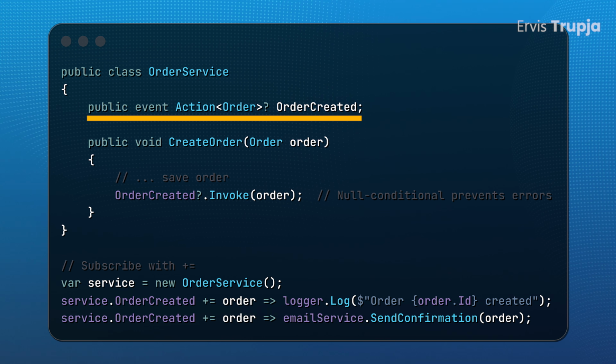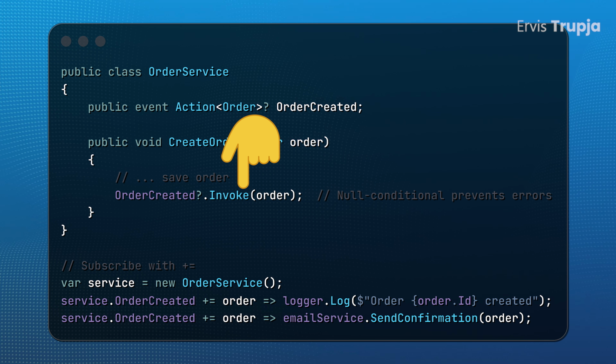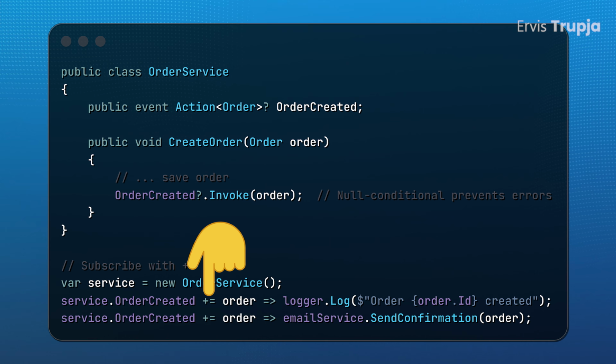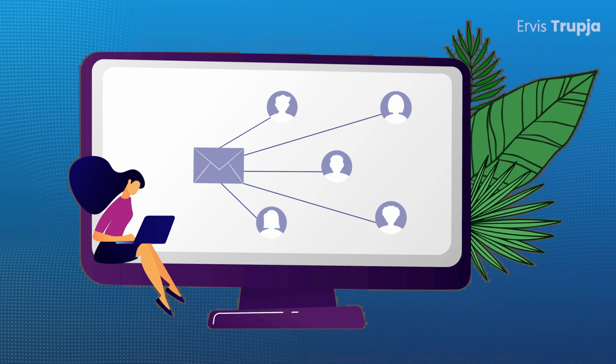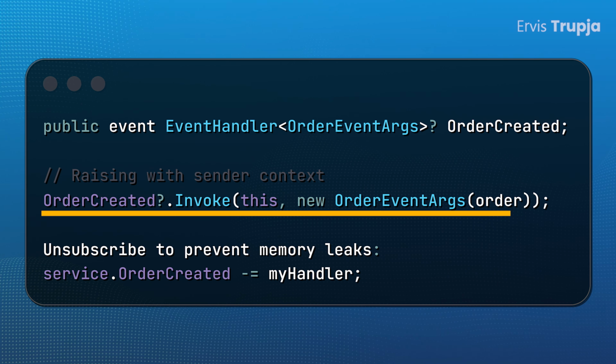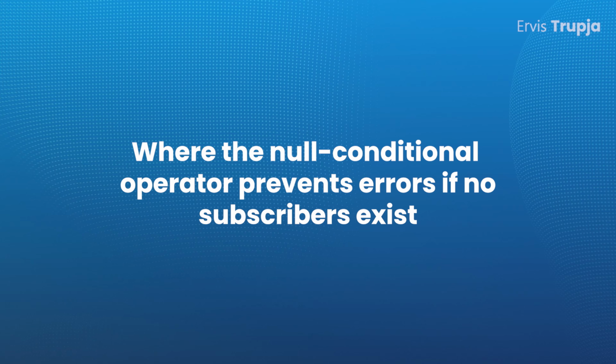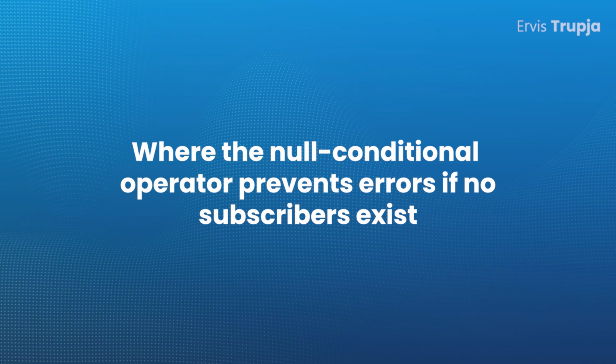Events are declared like this, providing a safer, more controlled notification mechanism. You can subscribe to events by using the plus sign, and multiple handlers can subscribe to the same event. You can also trigger events safely by using the question mark, where the null conditional operator prevents errors if no